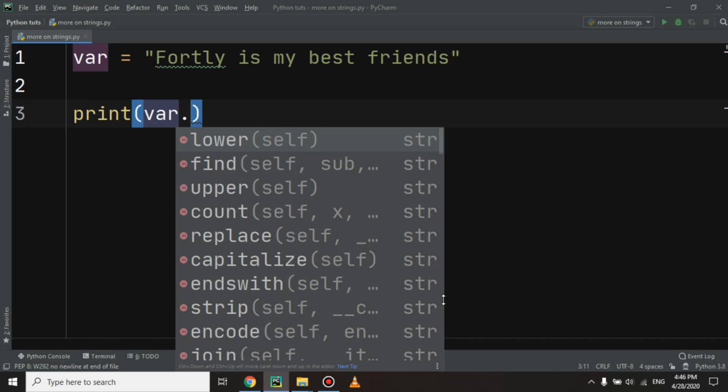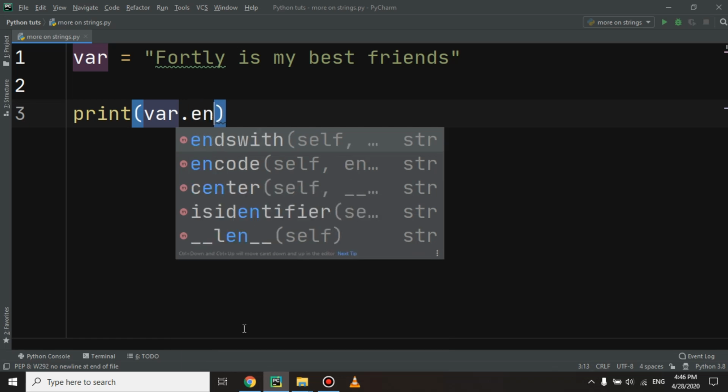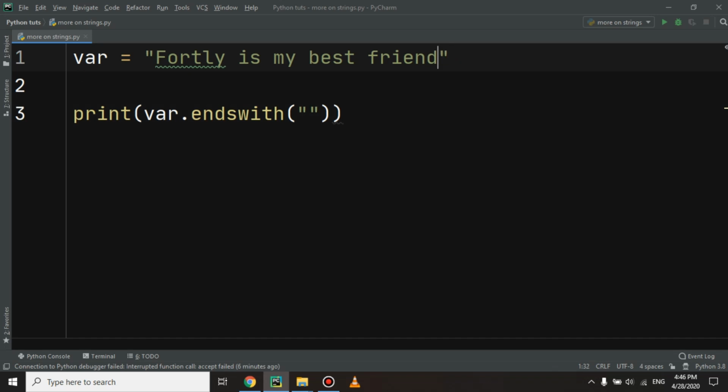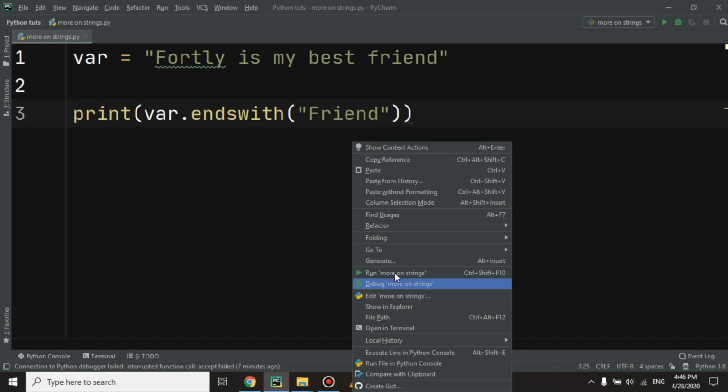There are n number of functions, guys. I'm gonna show a little bit. You can search others. I will take endswith. This function makes sure that the string is ending with what. Wait, it's not "friends", it's "friend". Okay, I will give here "friend". If it ends with friend, it should give me